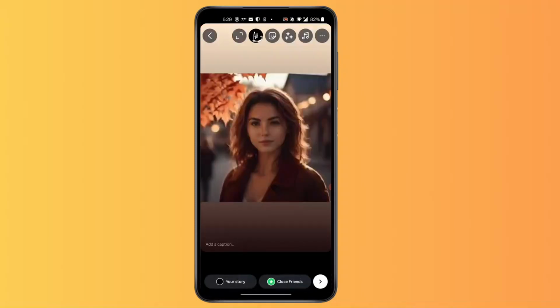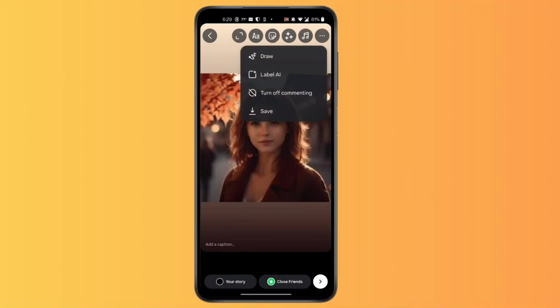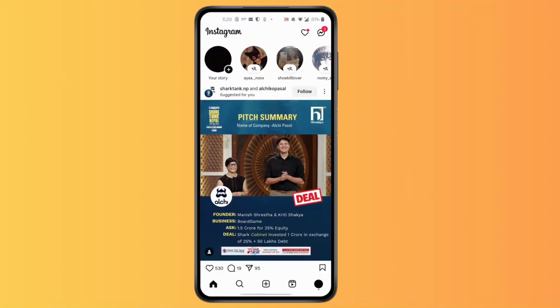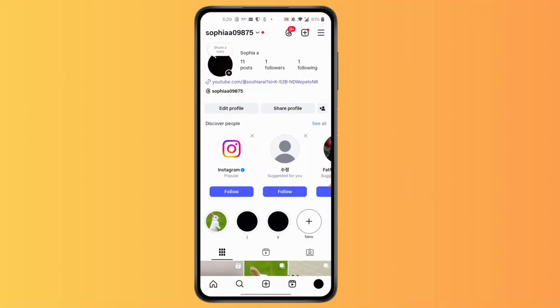Then add the story you want to add, and at the top right corner of your screen, click on three dots. In here, you'll find Restyle option, and if it's still not showing up after updating your app, simply go to your profile. Click on your profile and then click on three lines at the top right corner of your